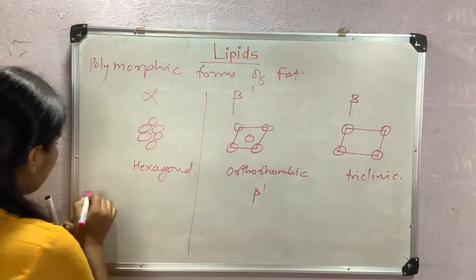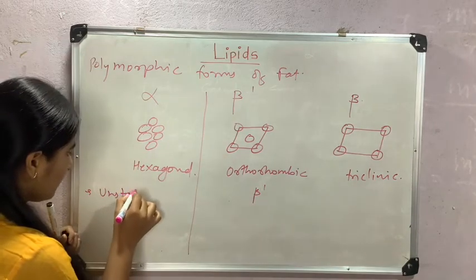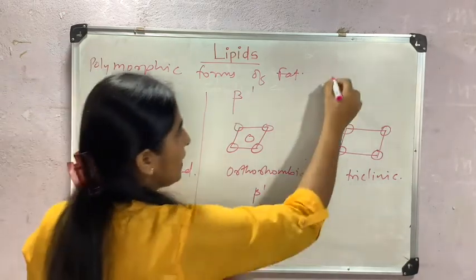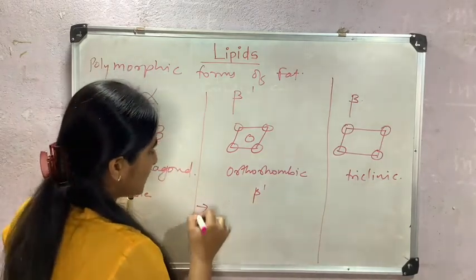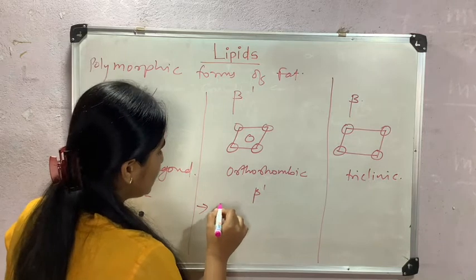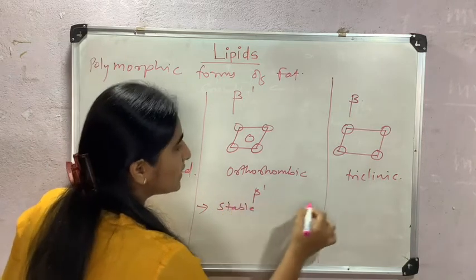Alpha is unstable, therefore mostly beta dash and beta forms are used for air incorporation purposes. And this is a stable one. This is also a stable one,